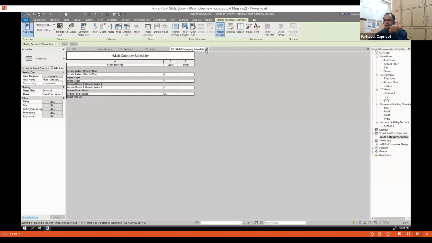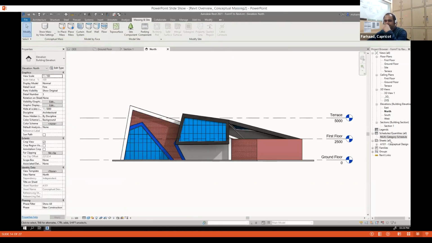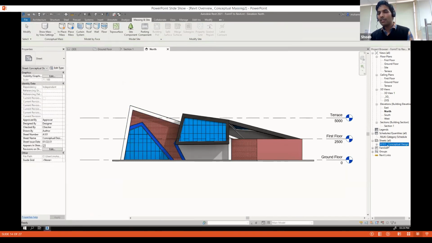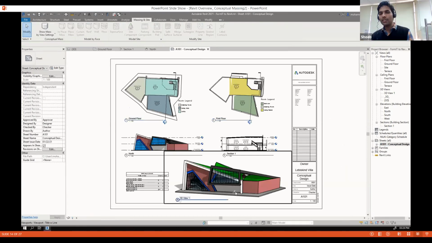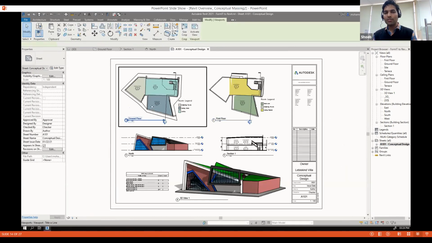Okay. So these schedules are real time, right? Yeah, these are real time. So if I repeat any window in the model, it automatically gets updated here. Yeah, I'll show one example here as well. So as you can notice,